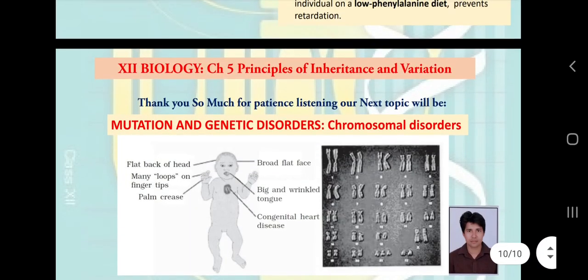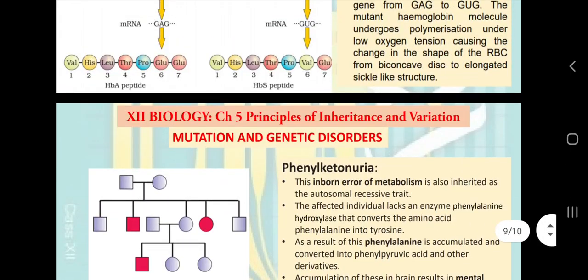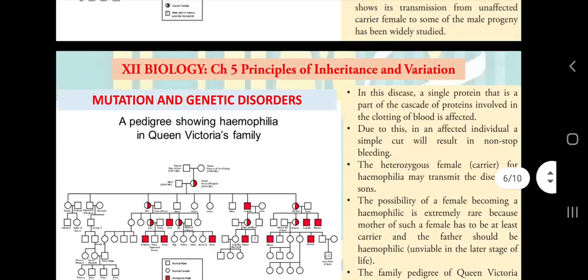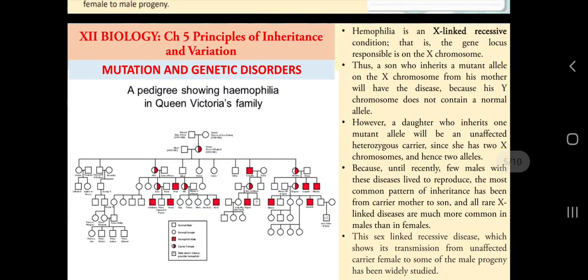Now, these are the 3 Mendelian disorders discussed in our NCERT textbook. We are going to learn more about chromosomal disorders in our next lecture. But before finishing this lecture, I want to take your attention again to hemophilia, and I want to give one more piece of information: if you talk about color blindness, everything will be the same, only the consequence will be different.